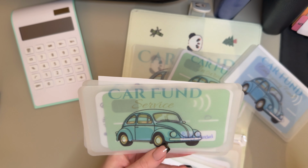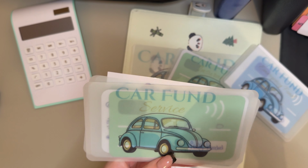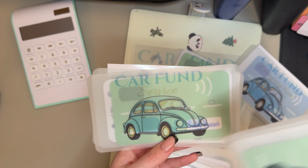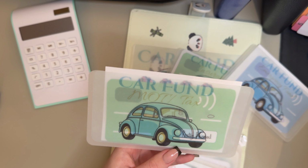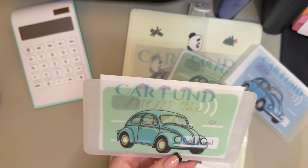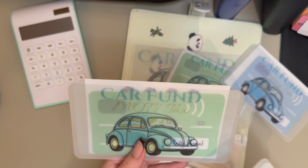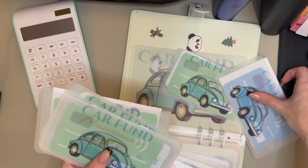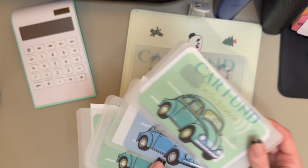Car service, which is fully funded because it was due to be done in the summer, but me and my uncle's mechanic, and he was away, I was away, sickness and stuff like that, so it didn't get done, so that's still in there. And my car tax and MOT, which I pay for annually. So my MOT is £40, my car tax is 20, so I just fully fund that every year quite easily. So I am quite lucky that most of it's fully funded. So I'm only working on emergency fund and my insurance,